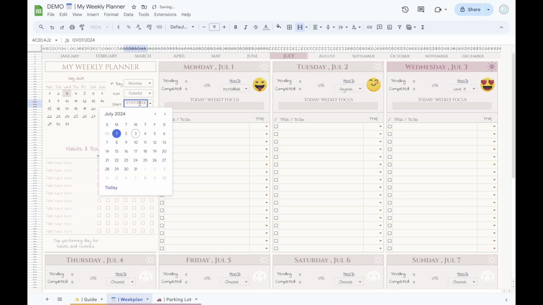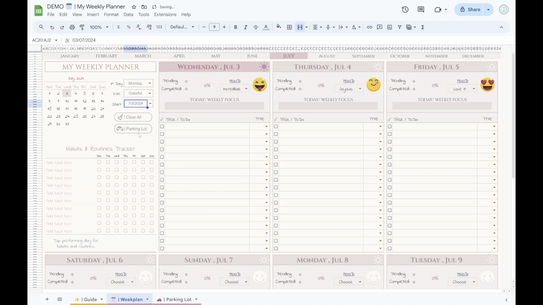A pop-up calendar appears when you double-click on the date field for the start date. You can choose any date, and this will be the first day of your week plan. To track your habits and daily routines, simply write a description and check off the habits as the week progresses to keep yourself accountable. Each day has a mood field where you can set your intentions or track your dominant